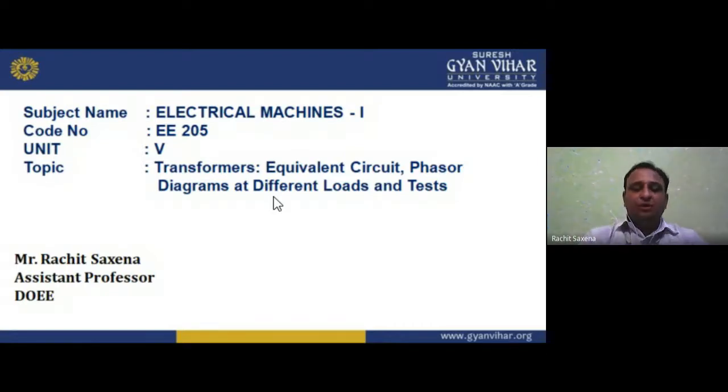Now, if I'm talking about the construction, the construction is the same for these two types. Motor and generator have the same construction, but the current directions are reversed. If the generator has this current direction, the motor has the opposite. So generator and motor have similar construction. In construction we have the stator part known as field and the rotor part known as armature.